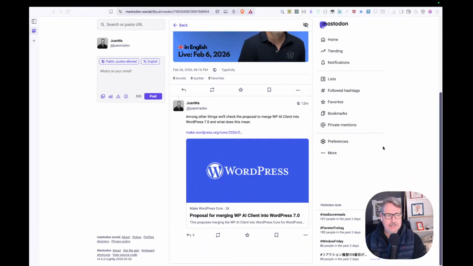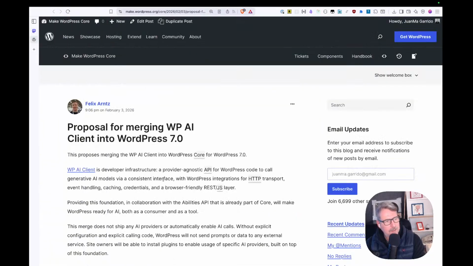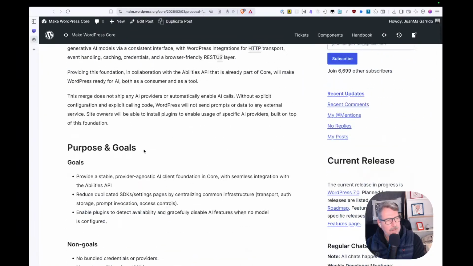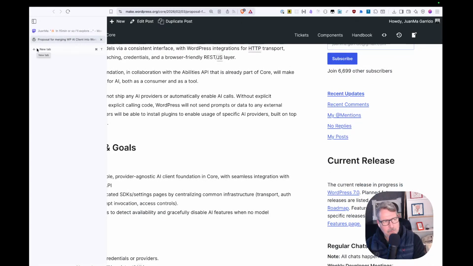One feature that is especially interesting is this WP AI client, and I would like to talk a little bit more about this and the implication of this feature being included in this new major version of WordPress. So let's do a few things. We can open this proposal and we can read about it. But then we can also go to